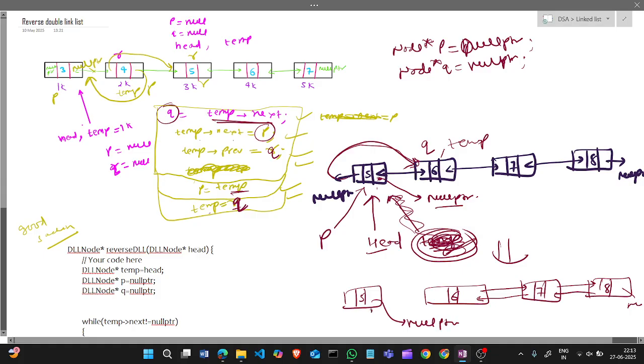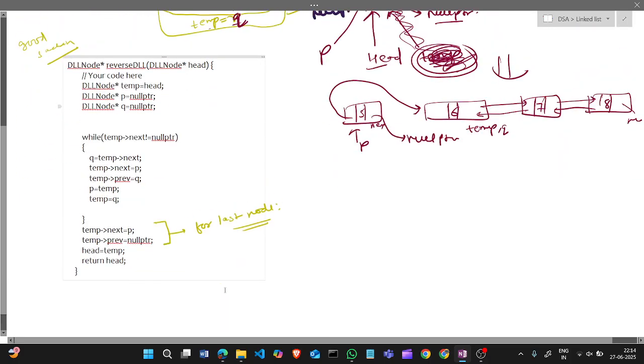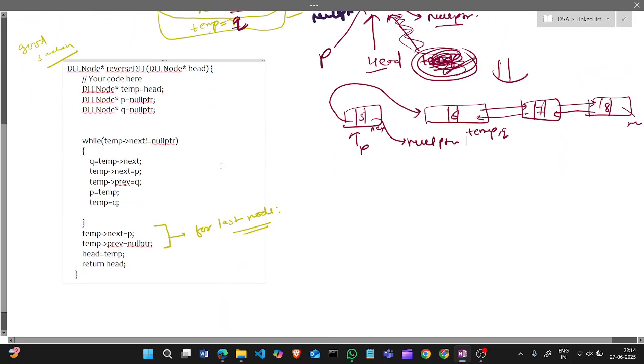This is the next, and its previous is pointing to this. And p is here, temp is here, and q is here also. Now again we will do this. So this is the code. Now watch, we will run this code.